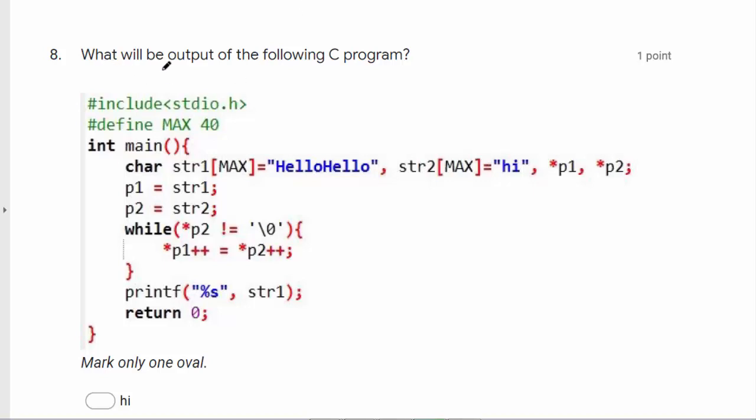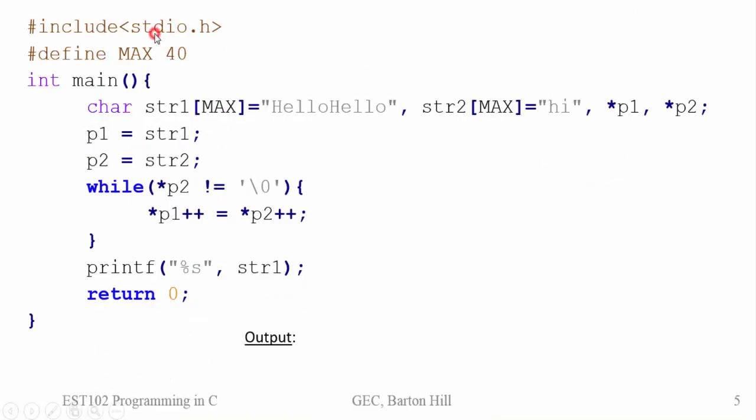Okay, next question, what will be the output of the following C program? Okay, we'll see in detail what this program does. So this is our program. So #include <stdio.h>, then there is a macro MAX with value 40, then program execution starts with main, and